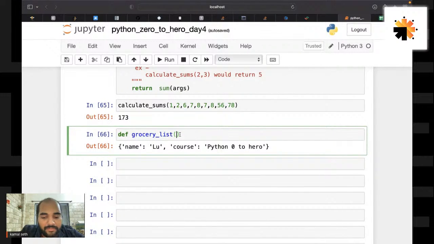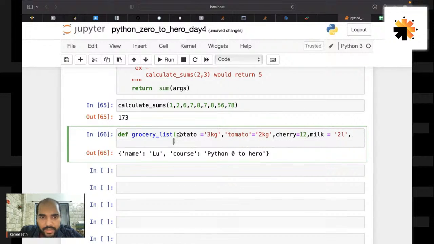So the grocery list may have something like, you want to buy potato. Potato is equal to 3 kg, and you want tomato. Tomato would be 2 kg. Although it's costly, I can understand. You want cherry. How many cherries do you want? You want 12 cherries. And then you want some milk. How much milk? You want 2 liters. And there are some more things. You can put a float, or